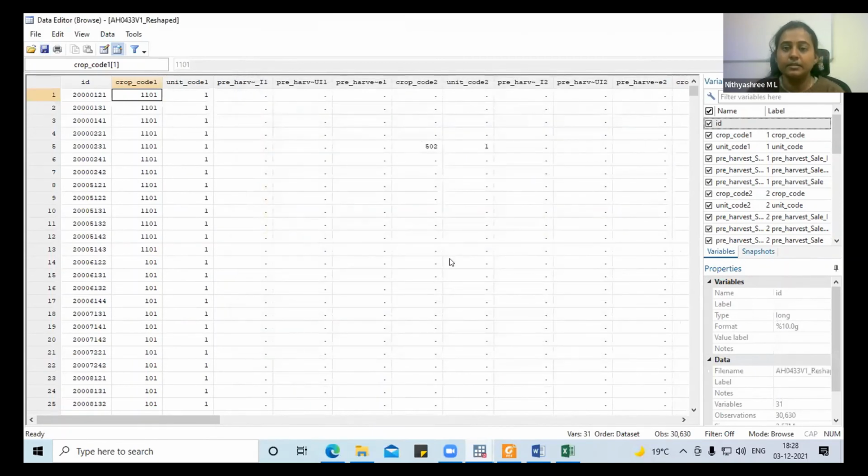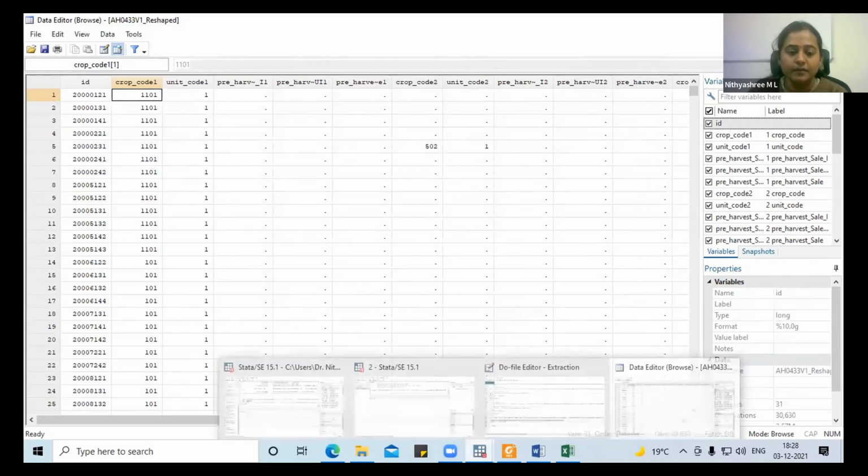The earlier file has all the basic information, demographic information. Here we have crop and the pre-harvest value. So this you want to compare with the other, like how states are behaving, how districts are behaving, how different households are doing in these aspects in different crops. You need to merge these two files.